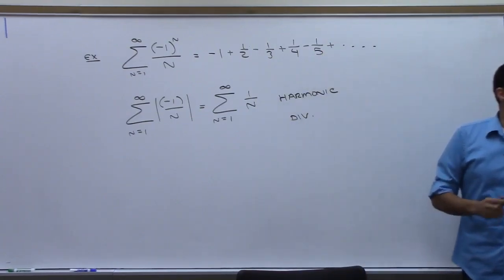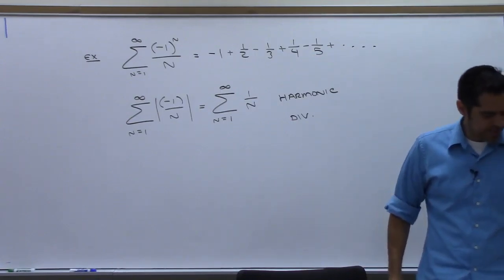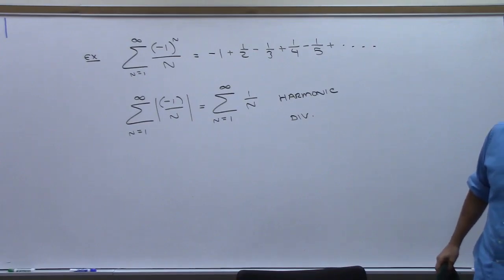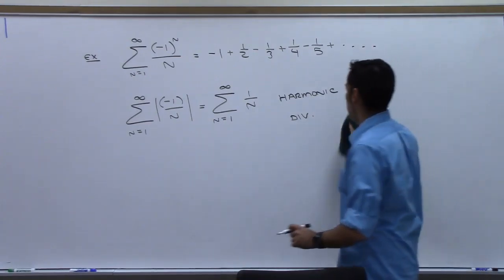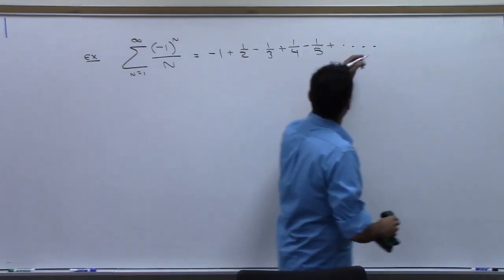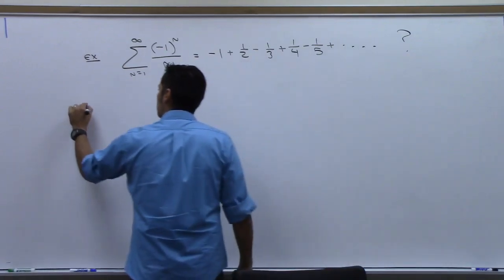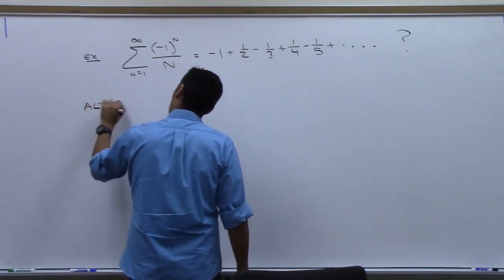Well, we have a test, and it's your next test. It is on here, the second from the bottom. It is called the alternating series test. So this is an open question. We don't know yet what this does. The alternating series test,